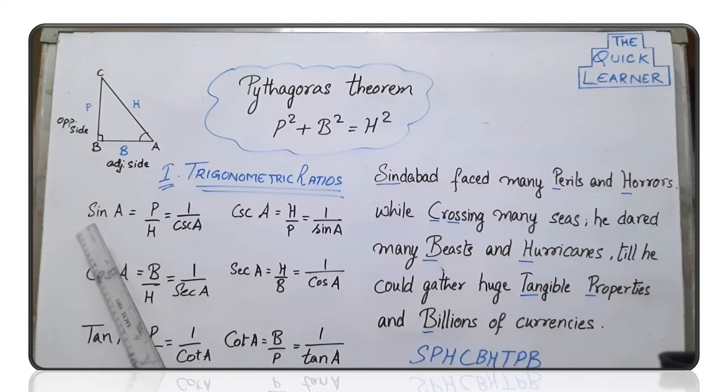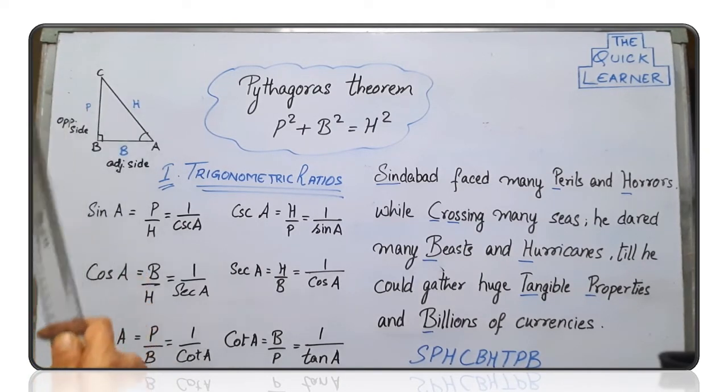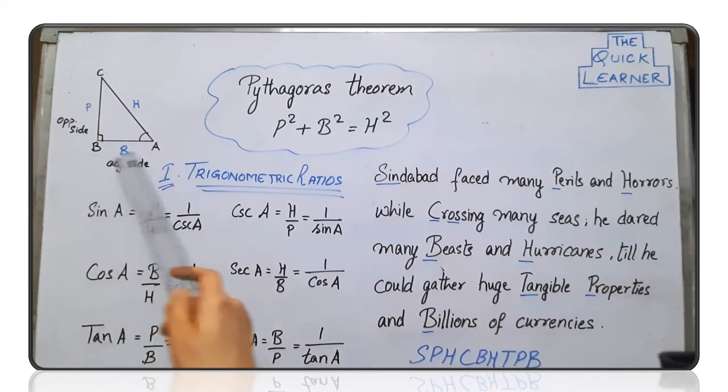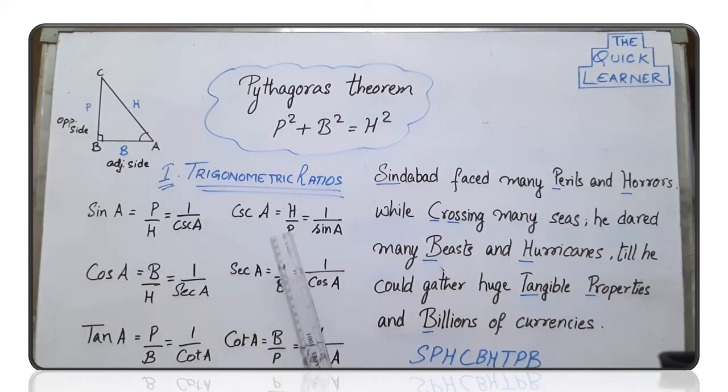In this, sine is perpendicular upon hypotenuse, cos is base upon hypotenuse and tan is perpendicular upon base, whereas cosecant, secant and cot are the exact reciprocals